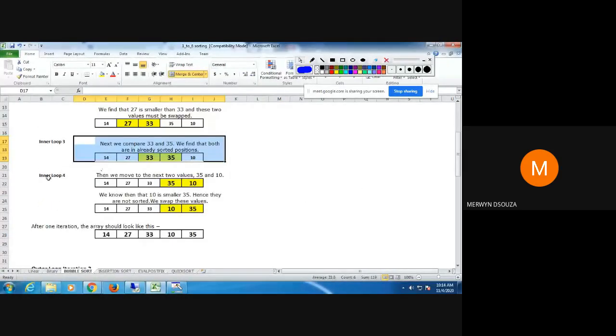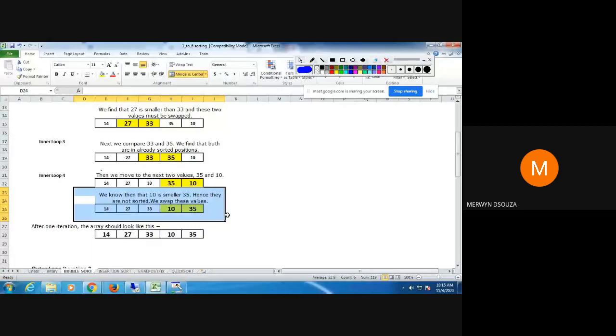Go to the last step. In the fourth step, we compare 35 with 10. You see that 35 is greater than 10, so you swap these values with each other's position. 10 will come in the place of 35 and 35 will go in the place of 10, like I've shown here.